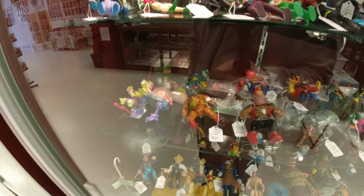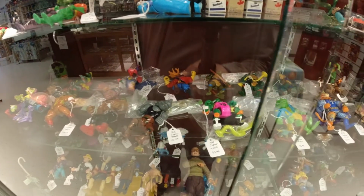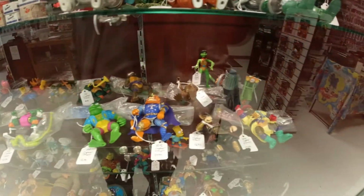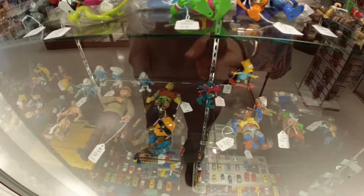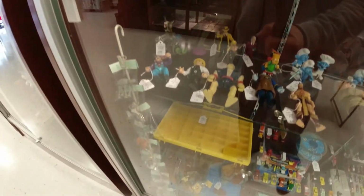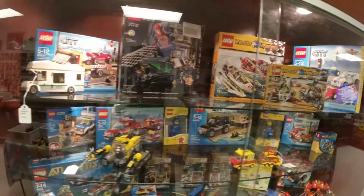We get into a couple shelves here of Teenage Mutant Ninja Turtles. I do not know much about turtles, but based on a lot of other people's toy hunt videos, there are some major turtle fans out there. There's a nice Ralphie from Christmas Story figure. Some Dick Tracy in there, I believe. Smurfs. A bunch of Micro Machines down here. And then we get into a showcase of just